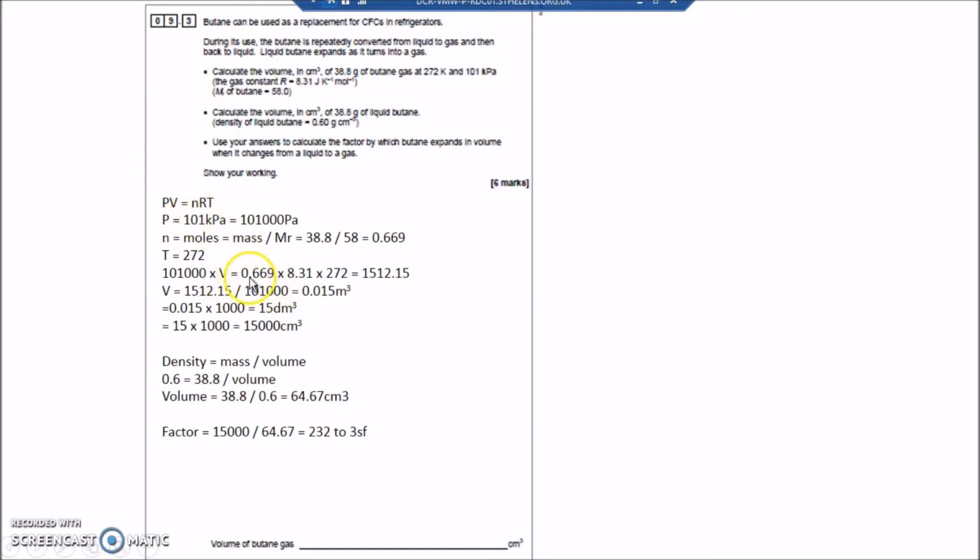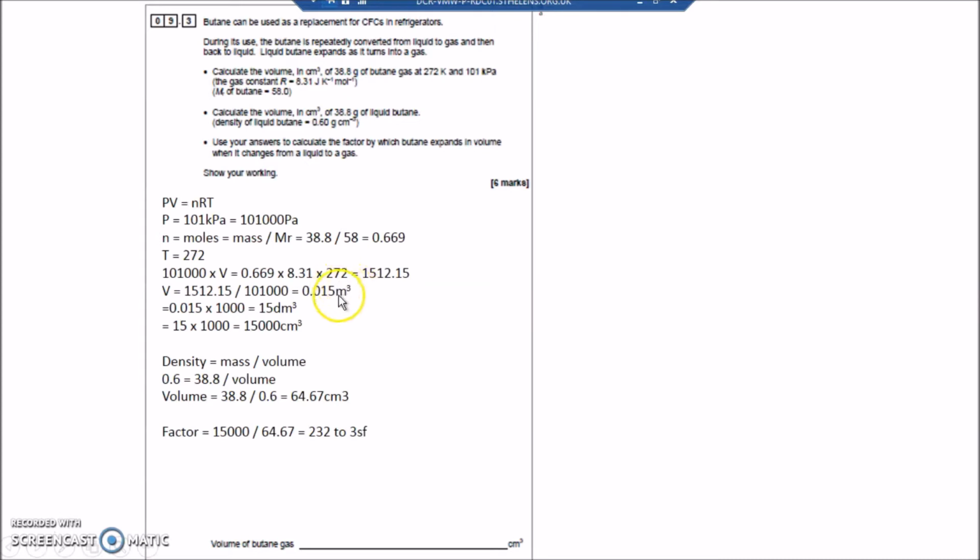n is number of moles. I'll work that as 0.669. 8.31 is the gas constant R, I've been given that. Temperature is 272 Kelvin, and I can work all of that out. It's 1512.15. So 101,000 pascals multiplied by volume is 1512.15. Divide the 1512.15 by the pressure in pascals,